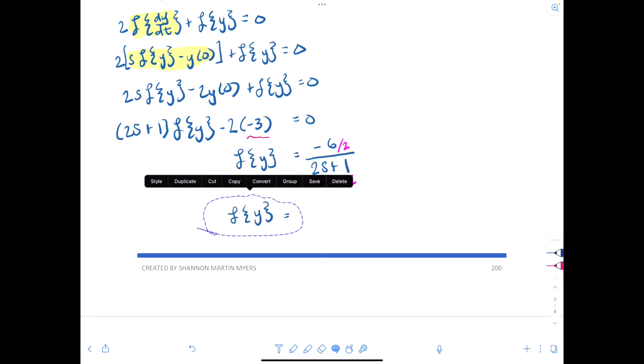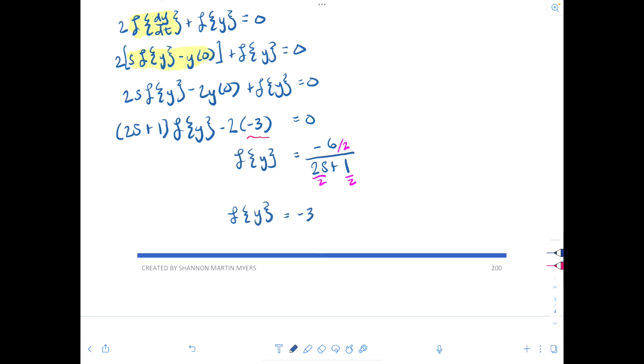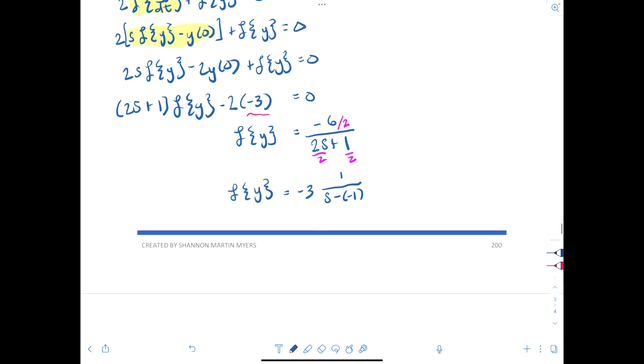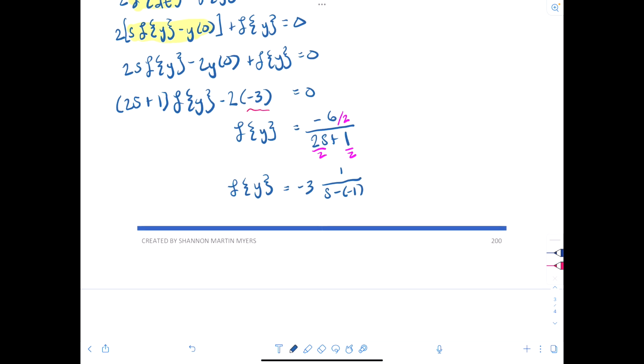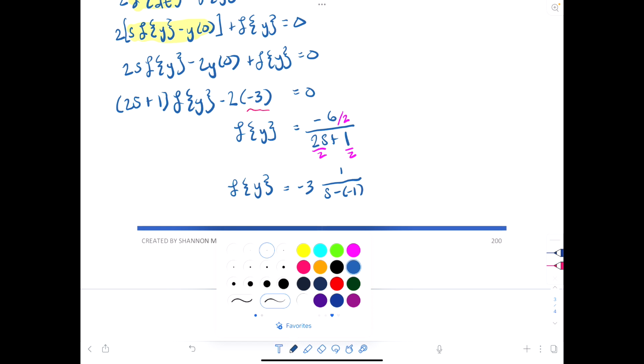I'm going to factor that out, times 1 over s minus negative 1. And that's the format using the theorems from that last section, where we'll get e to the negative t, negative 1 times t. So applying the inverse transform, right,